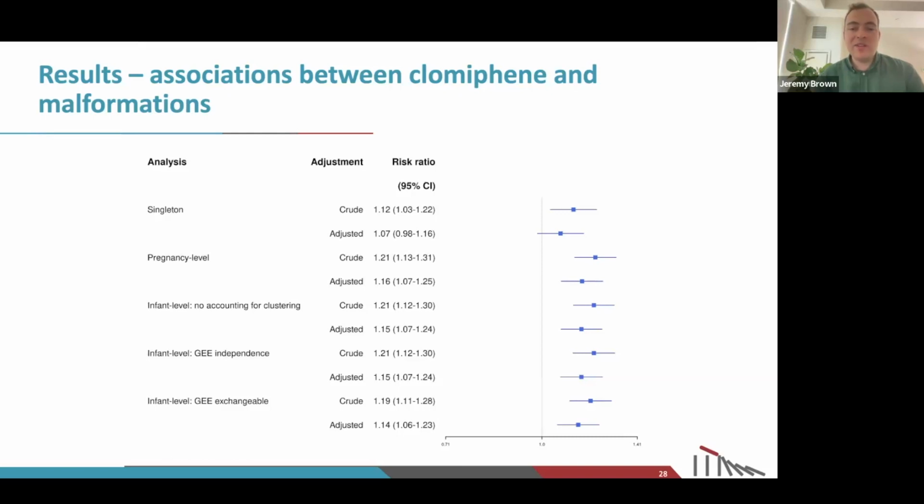But again, all these risk ratios are quite small, so there's a possibility that they could be due to residual confounding, and having that adjusted risk ratio of 1.07 in singletons suggests there may not be a direct effect, at least amongst those without multiple gestation. Of course, if we assume that all the assumptions of a controlled direct effect are met, then it may be that there's interaction, or there may be mediation there.